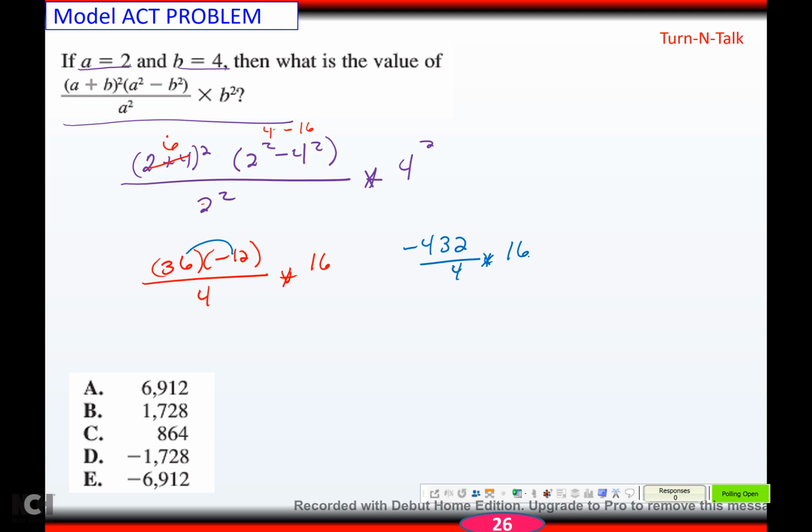And you could do a lot of things. I could cancel the 4 goes into 16, 4, and then multiply, yada, yada, yada. Type it in a calculator, divide first, which is what I did. This was negative 108 times 16 gives me negative 1,728. Okay. Alright,